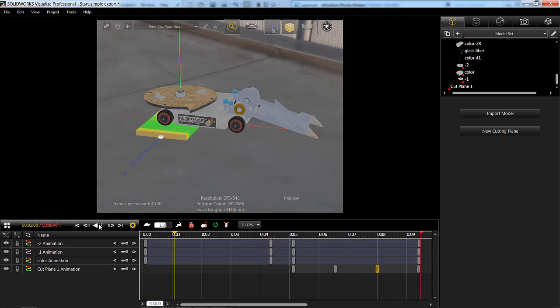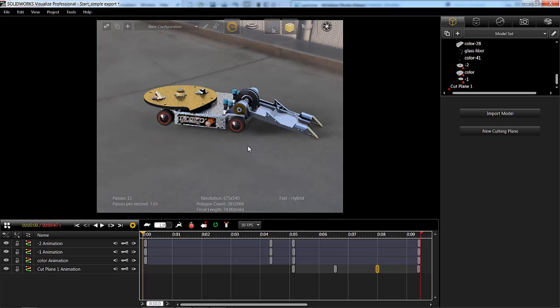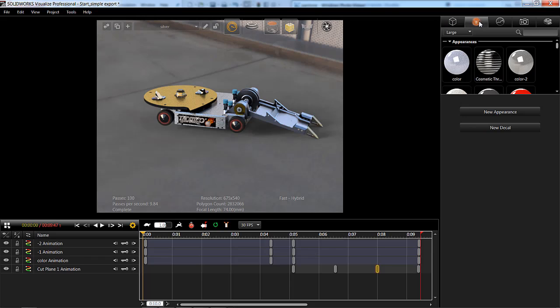There we go. Perfect. This can now be easily rendered as an animation and put up on your website. And what's really great about Visualize is that we might have a couple more ideas about what this product may look like, or should look like for that matter, and we could take advantage of those with our configuration tool. Let's create a new configuration, call it Silver,